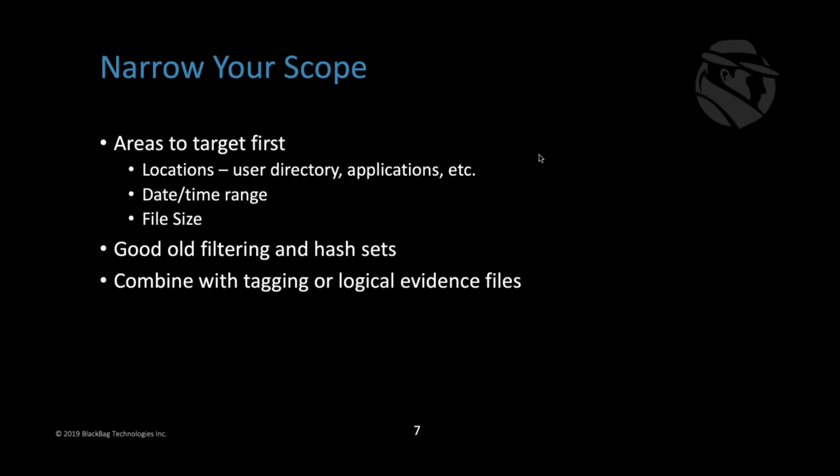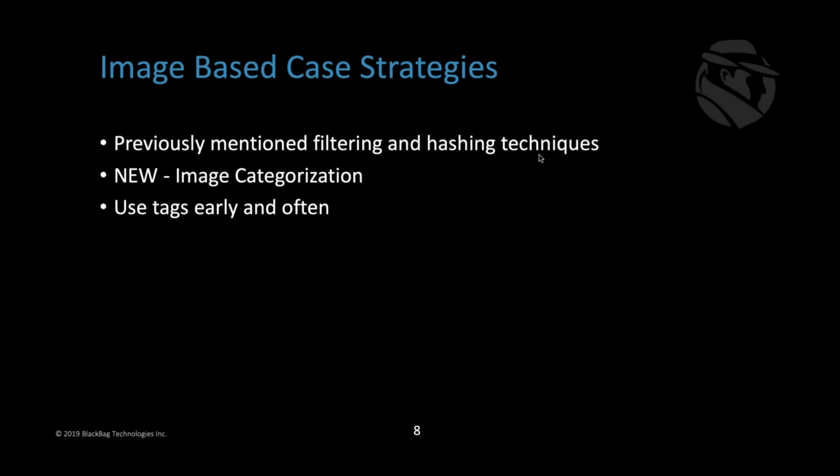All right, so we've narrowed down our scope. We could bring in those logical evidence files. Maybe you just want to make a logical evidence file of all the graphics. That would be one way that you could filter down to what you're looking for. We might also look at filtering down by date specific files. So I'm going to show you quickly how to make a filter that will just look across all the different dates. But one of the techniques that is new is our new image categorization that is in Blacklight 2019 R1.